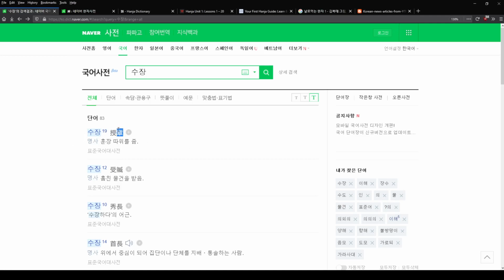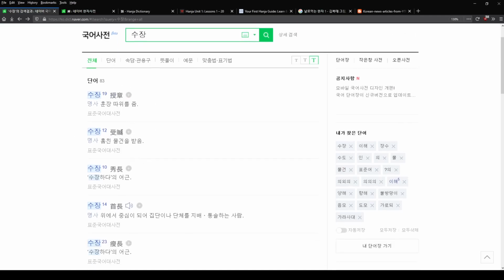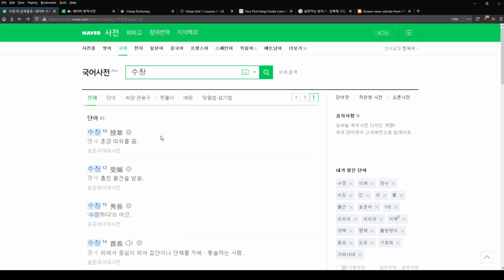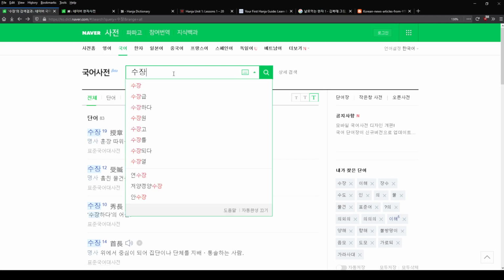So this is the original character, and then this is just the Korean pronunciation. This is the Korean pronunciation of the Chinese characters, which is why a lot of them are so similar, even though it's a completely different Hanja. So, when you're searching words, if a word means a similar thing, even though it might have different pronunciation, if it has at